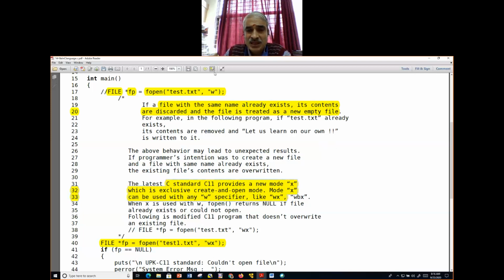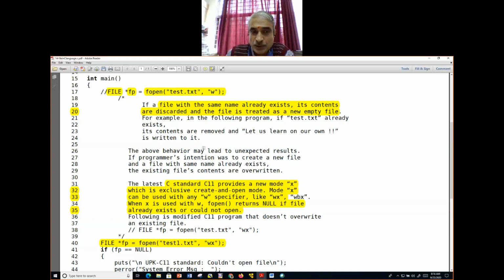When x is used with w, fopen returns null if the file already exists and could not be opened. This is what you can use in robust code. If the file already exists, it will not create it and make it empty. It gives an error saying that it already exists. This is the kind of thing that is required.